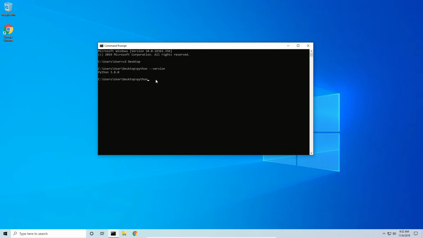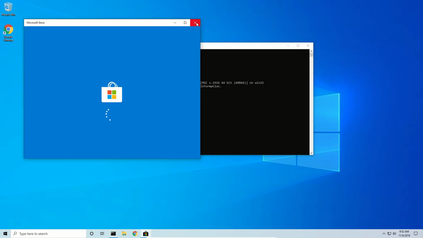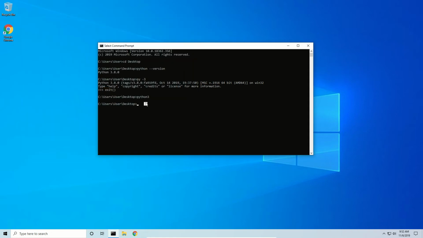Okay. And if you have multiple versions of Python installed, you'll have to do something like py -3, and that changes your Python version to Python 3. But most people, if they've only installed one version of Python, won't have to deal with that. So if you run python3 by itself, see Python 3 doesn't exist, and Microsoft very unhelpfully opens the store for me to try to download it. I want to run python,